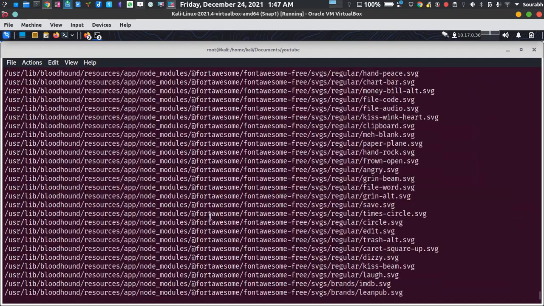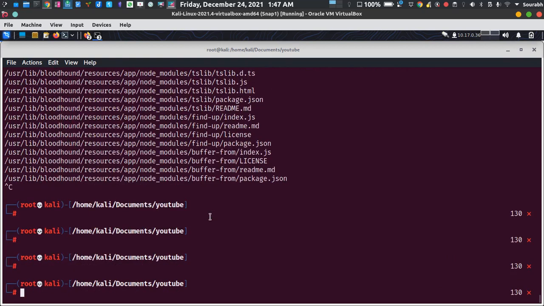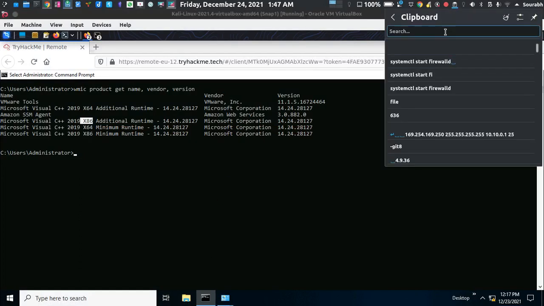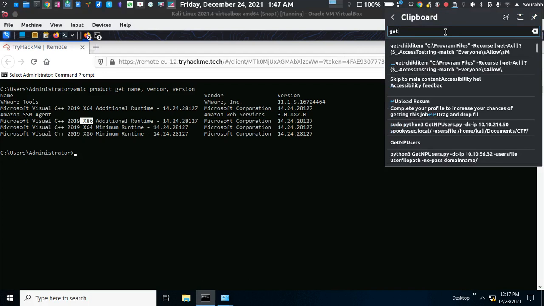Okay, just stop. Now on Windows, if you want to find the weak file permission, how can we find that? Let me find out the command, because there's no way I can remember that particular command.